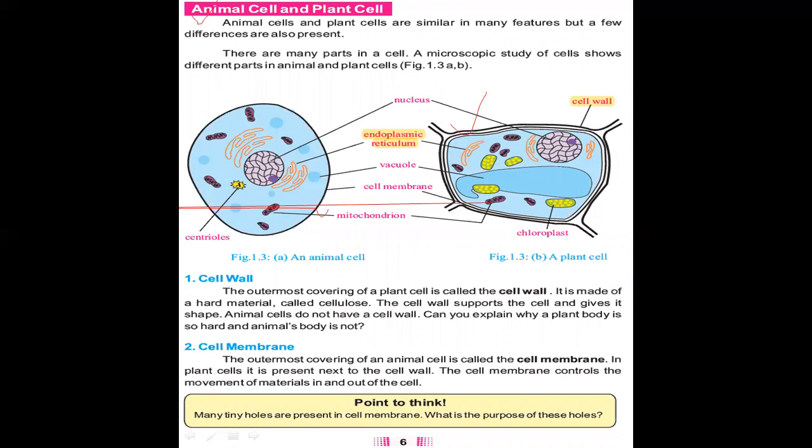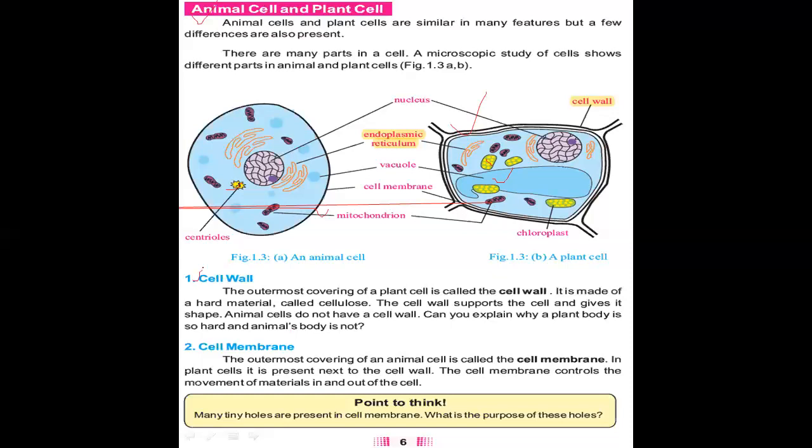You see, there are some organelles which are present inside the animal cell, but they are not present in plant cell. You see here, this is centriole. Here it is not present. Here are chloroplasts, and they are not present here. You see small blue colored circles. There are so many in animal cell, but only one in plant cell. So let's talk about all the different structures one by one.